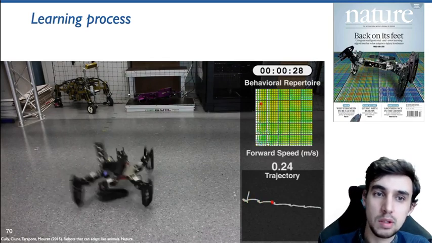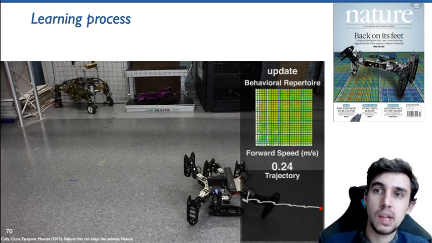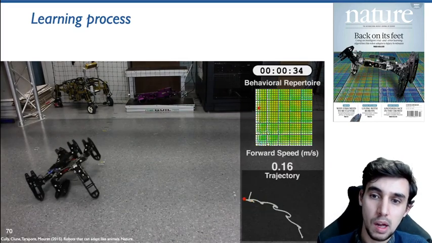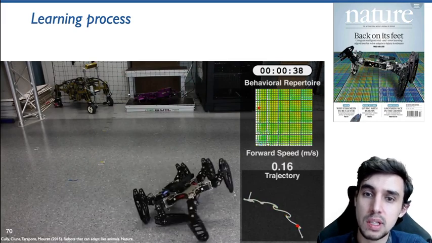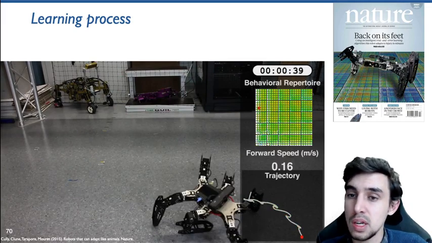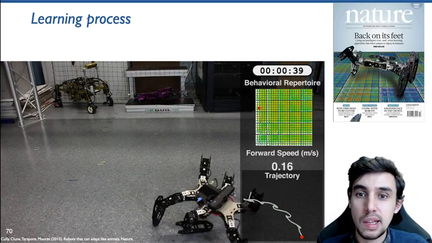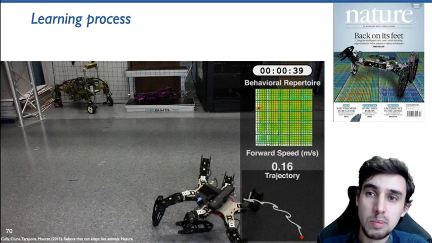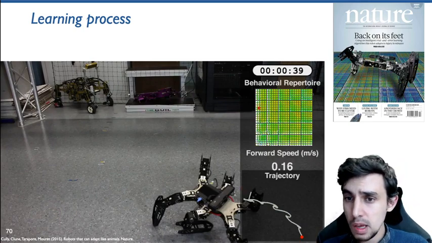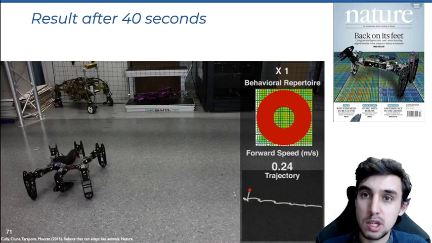Here you can see the robot has selected different solutions, observed the performance, and selected a new solution. Just before this shot, you saw that the robot managed to learn something quite interesting, but the robot continued to explore because maybe something better did exist. But after this trial, the robot was able to decide on its own that it was sufficient and stopped. So here you see that in less than 40 seconds, the robot managed to learn a new